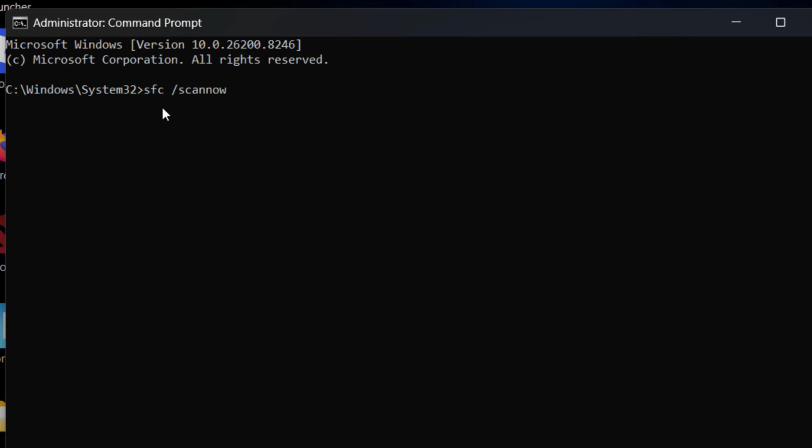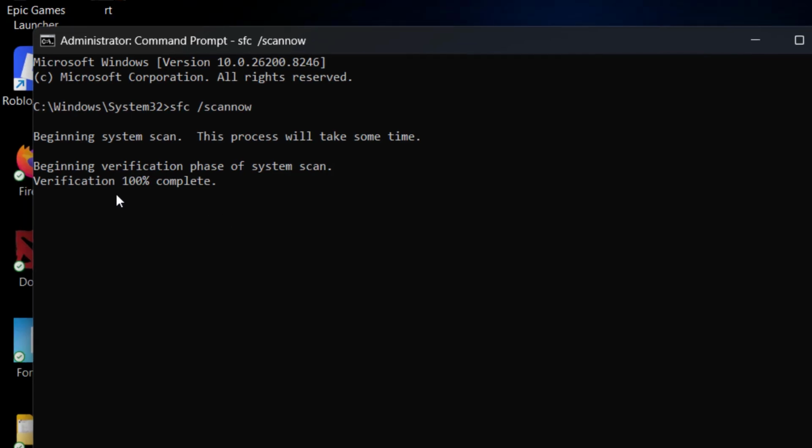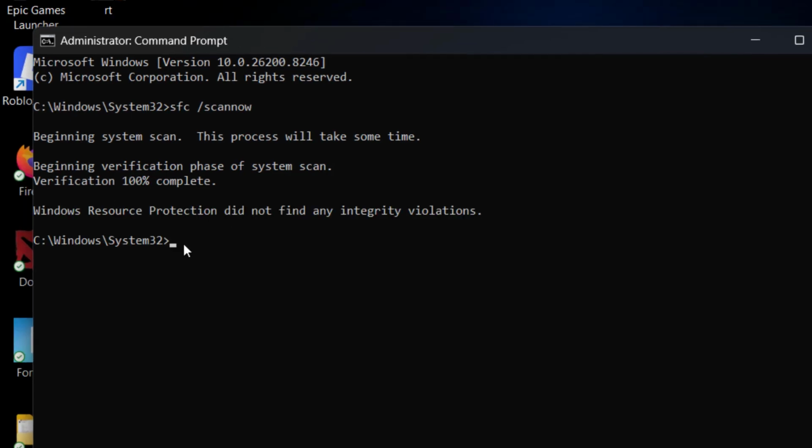sfc /scannow. Just type it and click Enter, and it scans the entire files and folders in your system. It takes a little time, so be patient. After completing this, the next command is